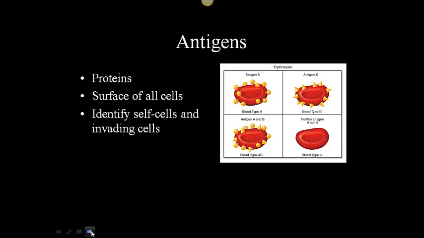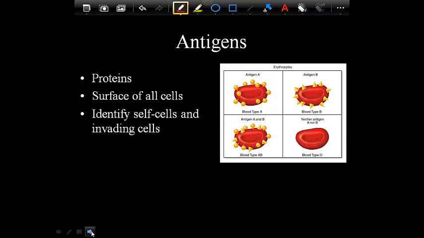For example, all of your red blood cells have antigens on them that help to identify who they belong to and what they are. So if you have type A blood, for example, you have antigen A protein on the surface of your red blood cells. That's these little round yellow pushpin things on that red blood cell. If you have B type blood, you have B type antigen on the surface of your red blood cells. Again, these don't hurt you. These antigens just help your body decide that it belongs to you, if the blood is yours or not.